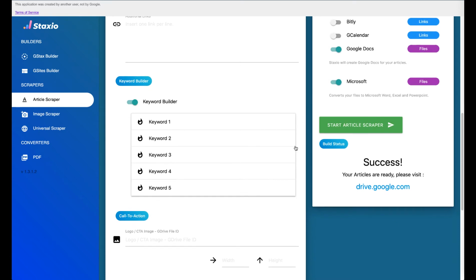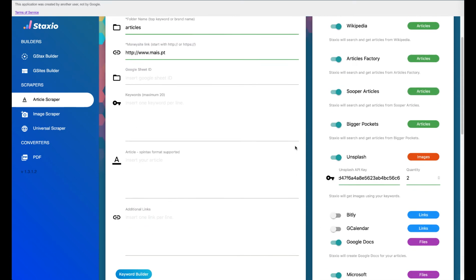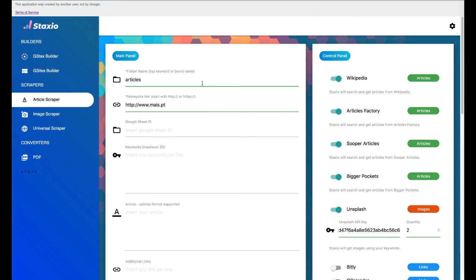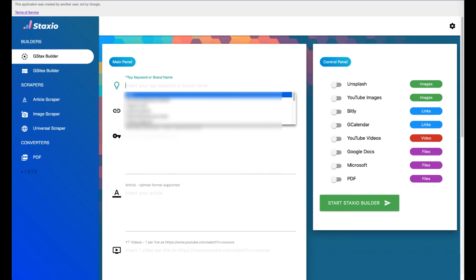Okay. Now let's actually do a build all the way up from building a Google stack using the article scraper with the keyword builder and then building a Google site. And this is where I'm taking you into the process of how I build my own stacks. So the first thing I do is I head over to, of course, start with the GStacks builder